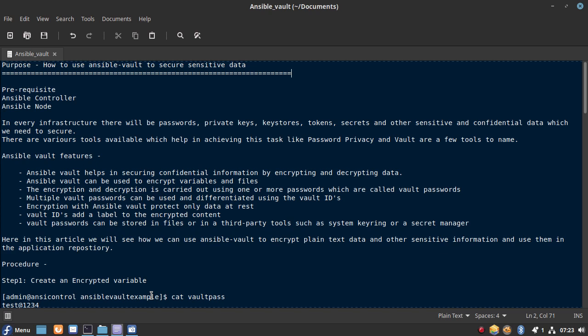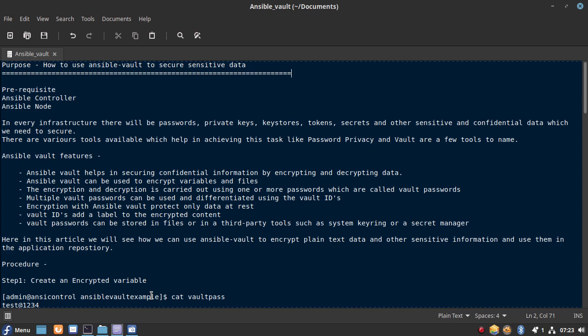So vault passwords can be many. Each variable and each file can be encrypted using different vault passwords. There can be many vault passwords, or you can use only a single password for all of the files and variables. It depends upon the complexity of your environment wherein you are trying to implement Ansible Vault.